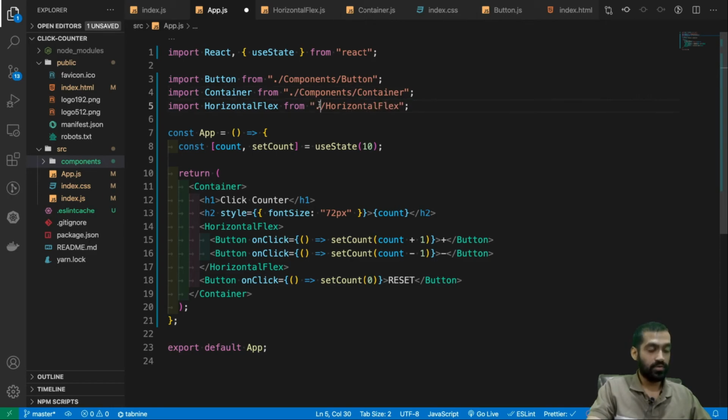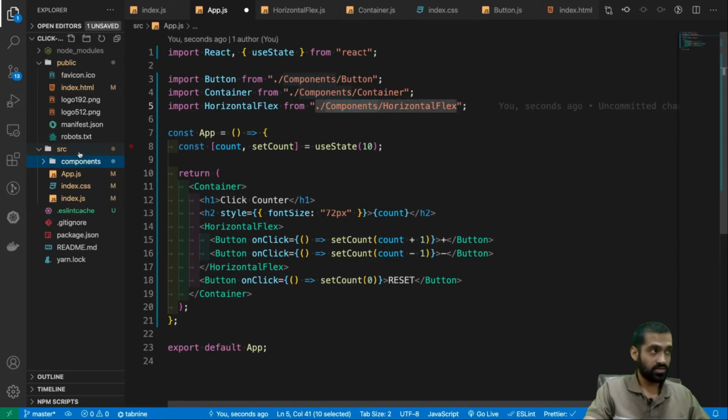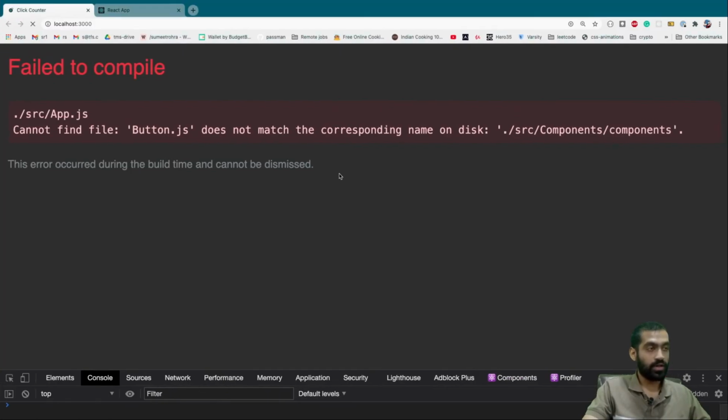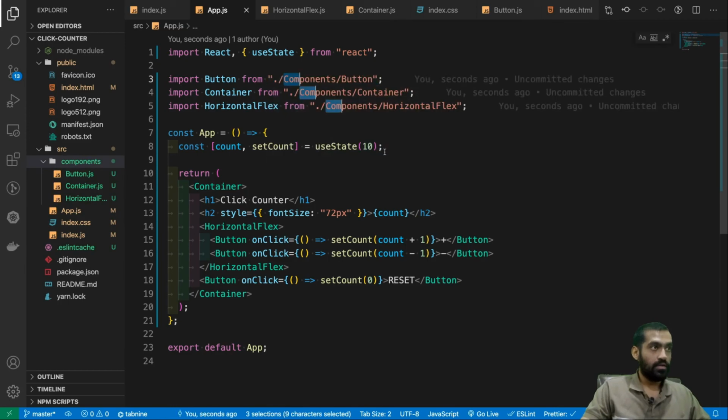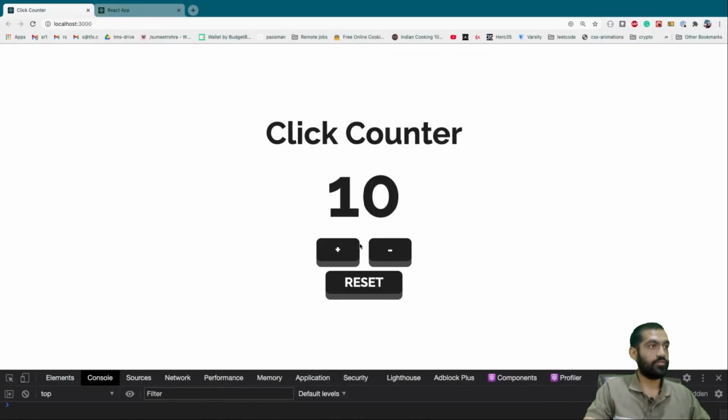So what it is doing right now is, dot is the current directory. Inside the current directory, it is looking at the components folder. So we are inside the source directory. Inside the source directory, the app.js file is looking for the components folder, and inside components, it is looking at all these three. So if we go here and refresh now, what just happened? Okay, I have written components with a capital C. Let's just give it a small c and refresh. It works, right?